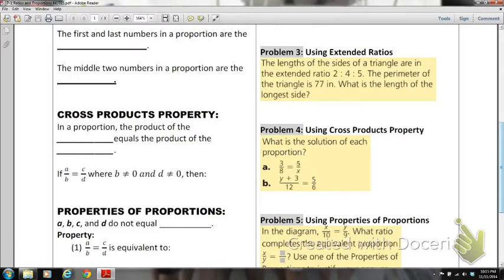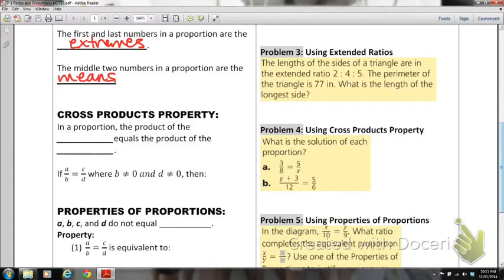The first and last numbers in a proportion are called the extremes, and the middle two numbers in a proportion are called the means. Now, you've probably had ratios and proportions for several years now in math, but you may not have had that terminology used. So the extremes, if we look at